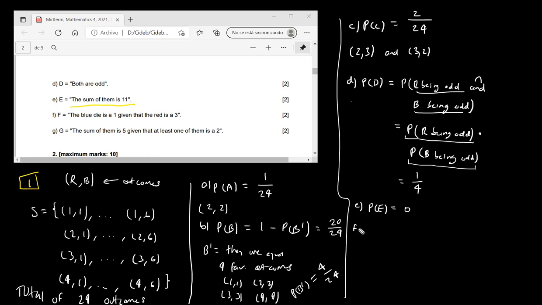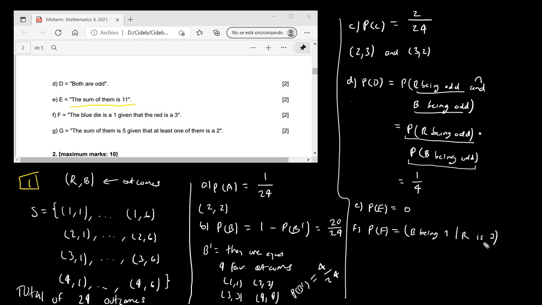F, what is the probability of the blue die being a 1 given that the red is a 3? Okay, let's write that down. The probability of the blue being 1 given that the red